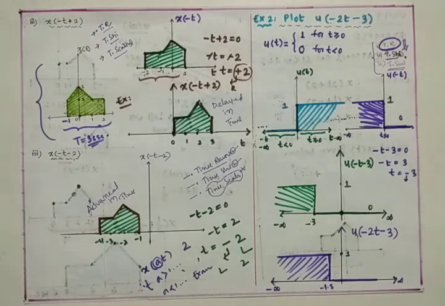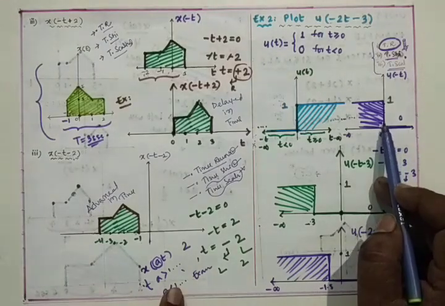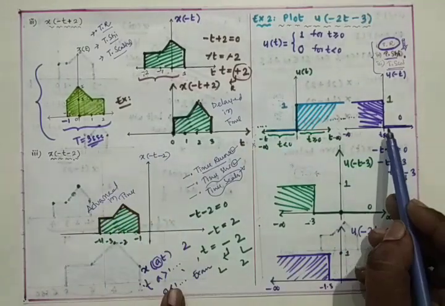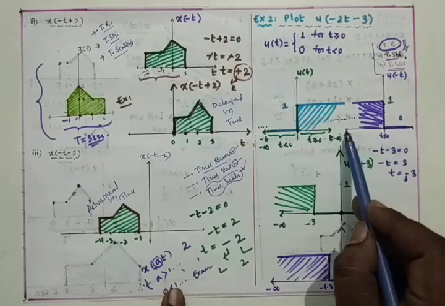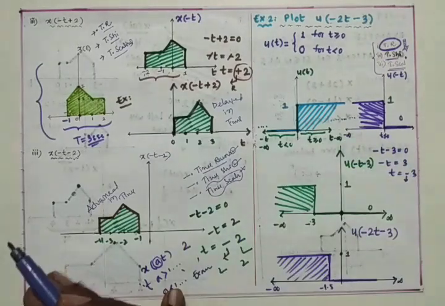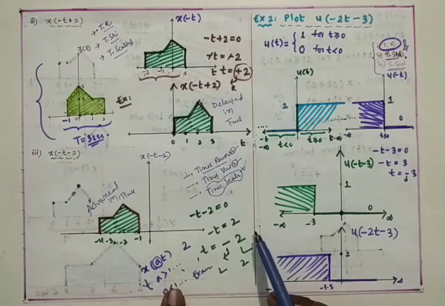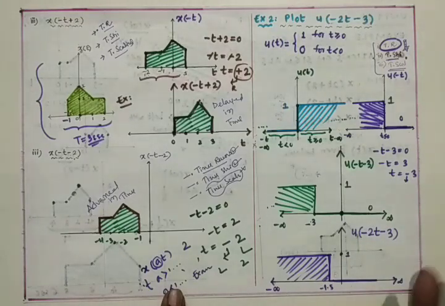Minus indicates left side, with 3 units, so the time reversal signal will shift left by 3 units. Earlier the signal started at 0 onward, from 0 to minus infinity, and it got shifted by 3 units, so it will start at minus 3 to infinity, and it will remain 0 in the remaining part. From minus 3 to infinity it will be 0.